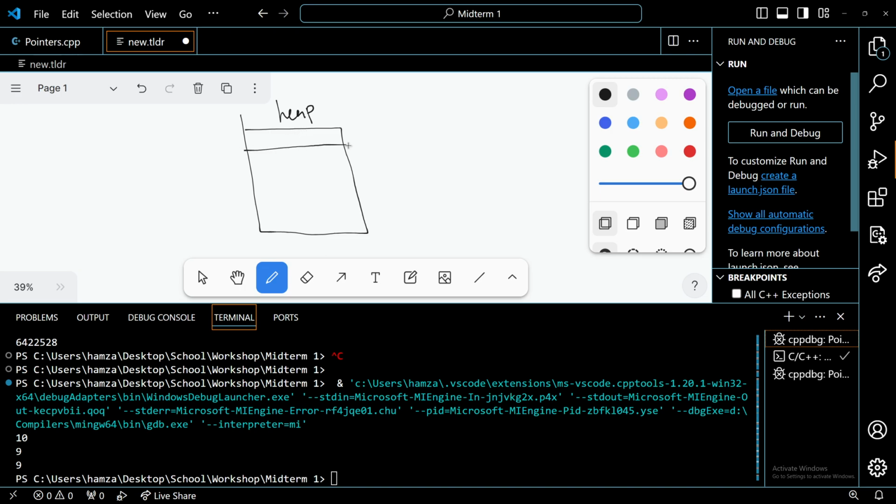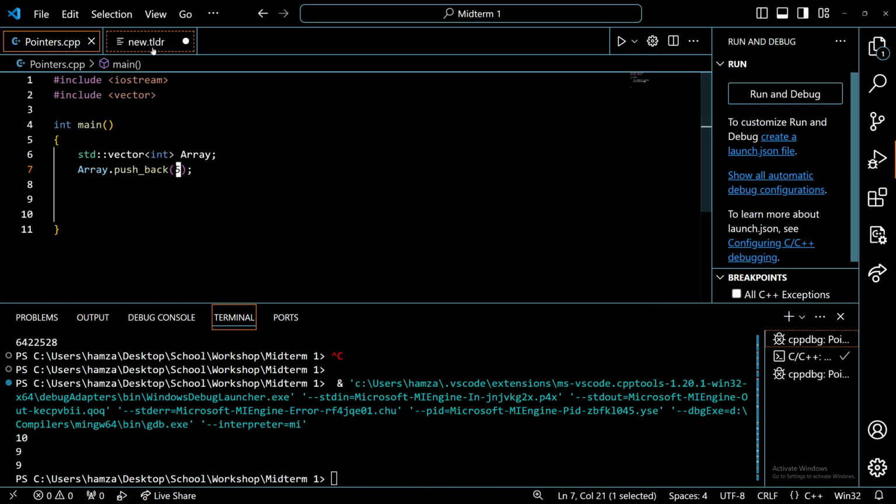Actually, this is not my vector. My vector points to this first location. Okay, and my vector is of size 1. So when I do push back 5, 5 will be here. Now if I do it again,